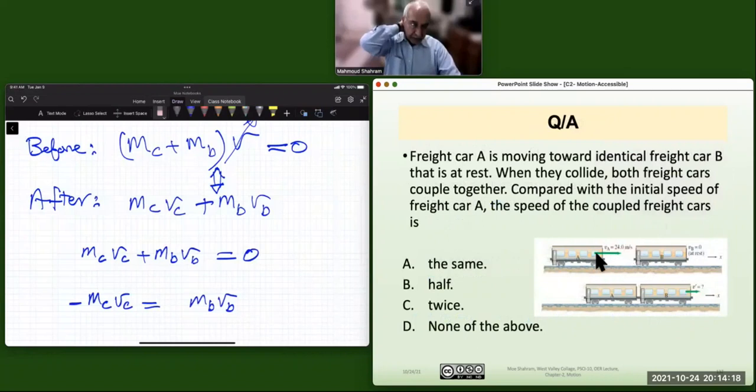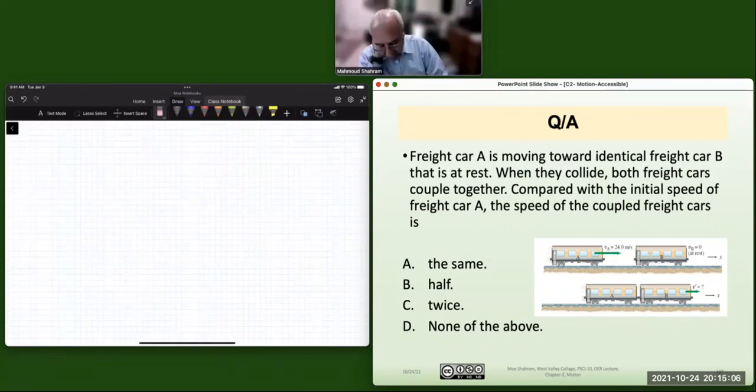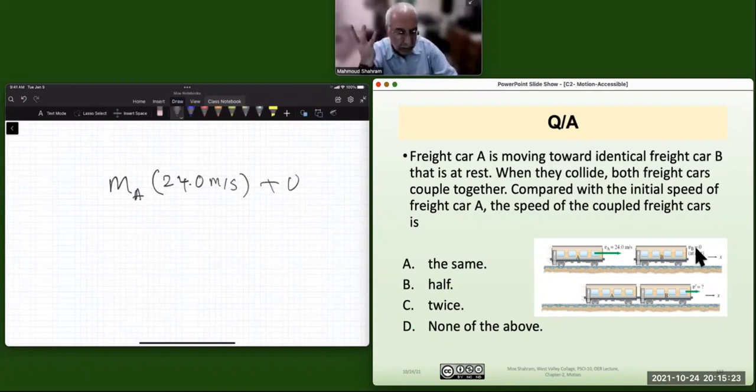Let's look at this example. These two cars: one is stationary, the other one is coming at 24 meters per second and hits this one. And then they both move at some speed. What is that speed? If these cars have the same mass, they're identical, when this hits the other one, mass of cart A times the velocity, which is 24.0 meters per second, this is before, plus 0, because cart B has 0 velocity so it doesn't count. This has to be equal to